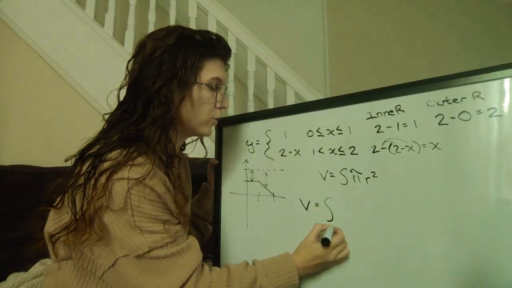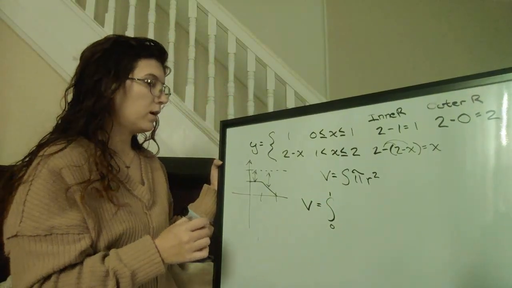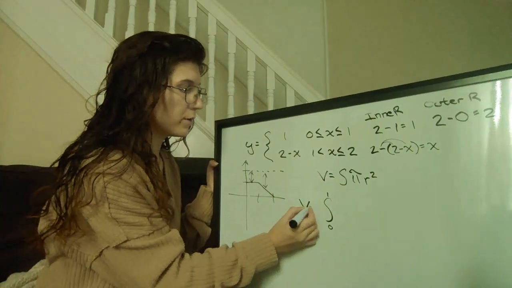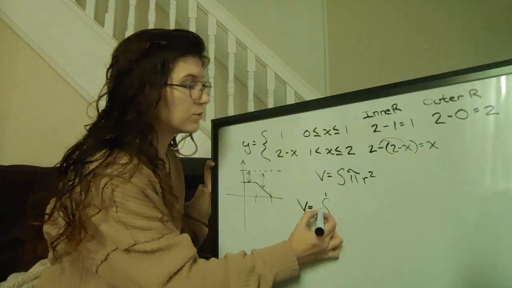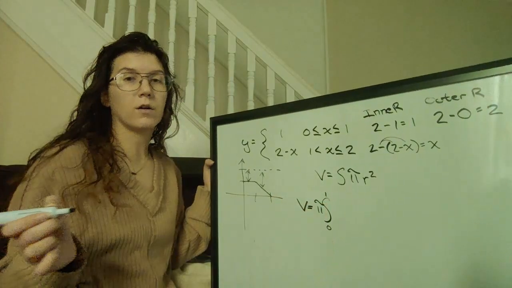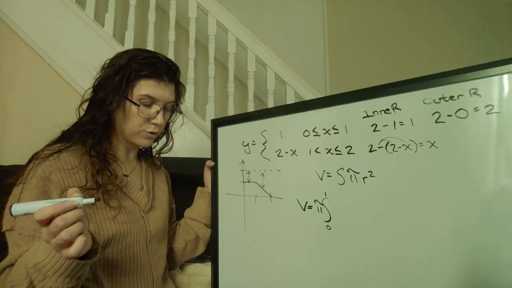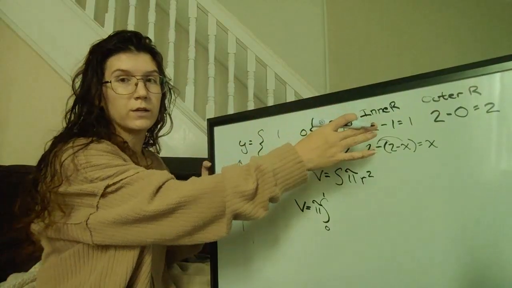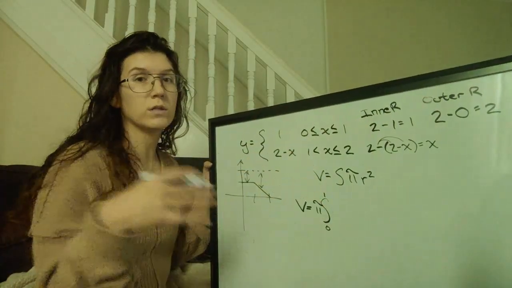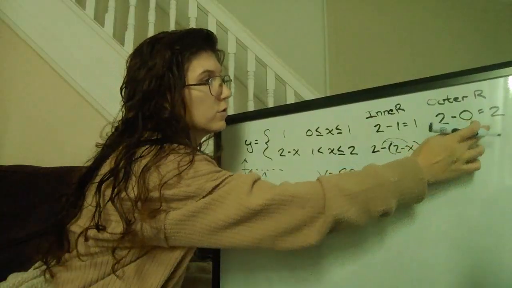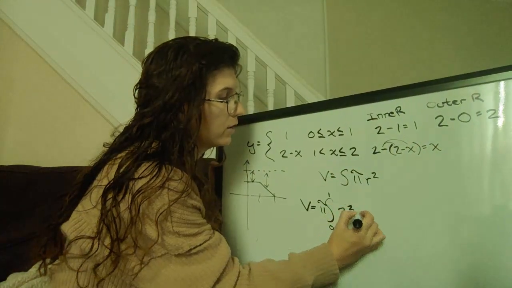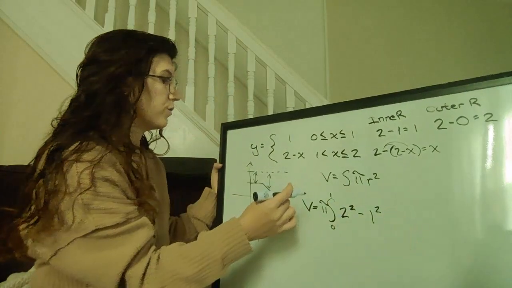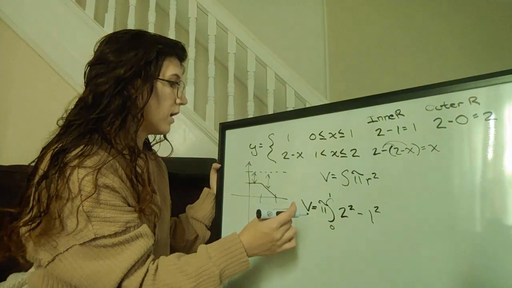So I'm going to set up my first one from 0 to 1, and it is still going to be times pi. Since I'm going to have some subtraction going on here, it's really helpful just to bring the pi on the outside of the integral so we don't have to distribute it, and kind of just save it for the end. And then we're always going to do our outer radius minus our inner radius, and these individual things are going to be squared. So we're going to do 2 squared minus 1 squared, and that is going to be with respect to x,